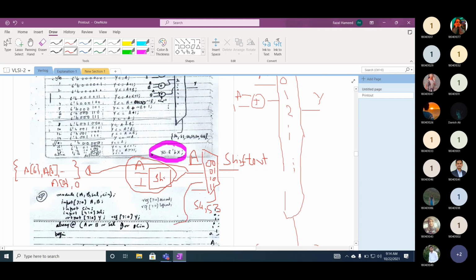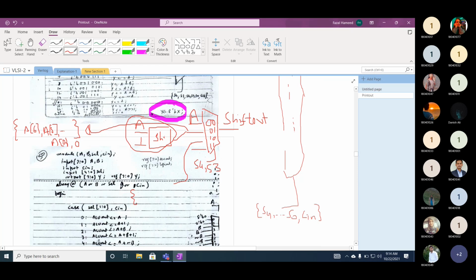And now what about this output? This will be right shift. When you are right shifting, the most significant bit will be 0, because we are right shifting. Then A7, very good, then until A1. We don't even need any hardware. We are just changing the bits. And what about 11? When it's 11, it is B.